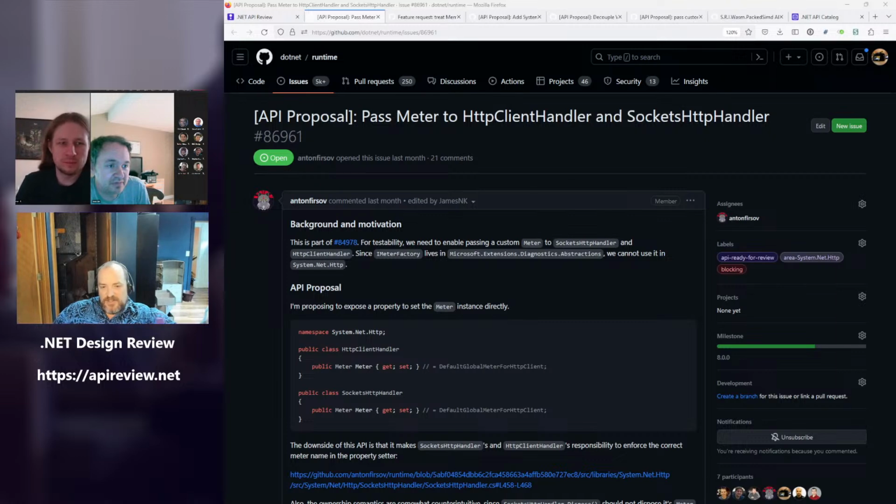But if the answer is we just say screw it, we'll move IMeterFactory from Microsoft.Extensions to System.Diagnostics, and it is what it is, and we all just hold our noses, then there's only a limited amount of caring I can have. And for my point, I don't really have a strong opinion whether that was a Func<string, Meter> or an IMeterFactory. I would gladly do whichever of those two you guys thought was better.